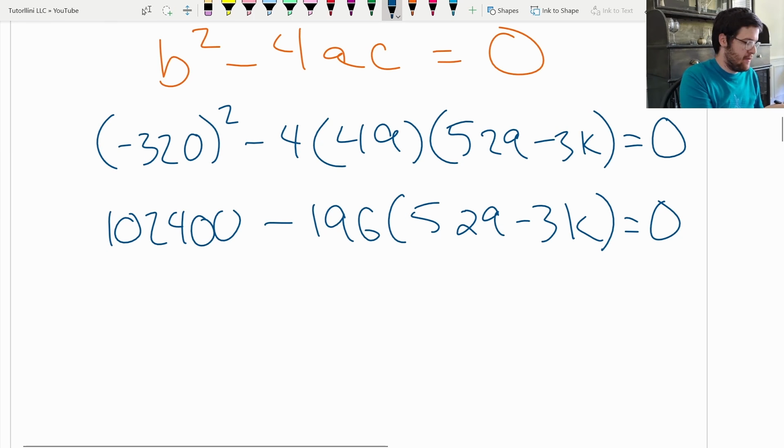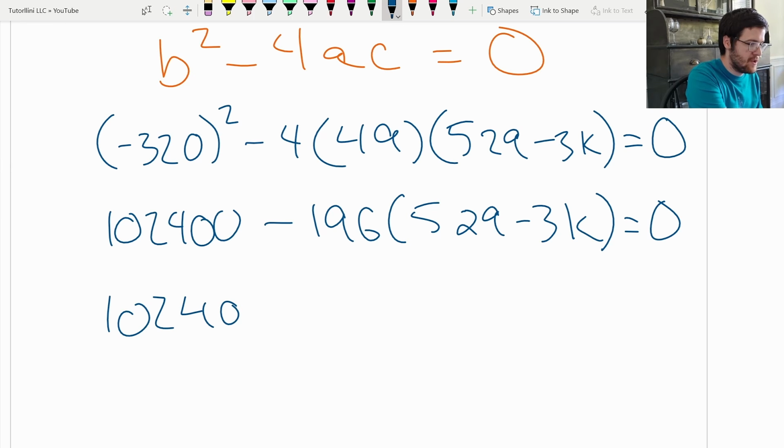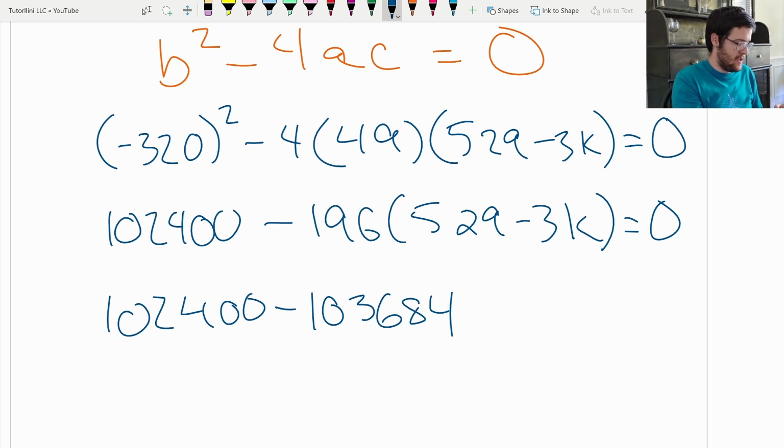And now I'm going to do negative 196 times 529 to distribute. Okay, so I get 102400 minus 103684, and then negative 196 times negative 3, so that's plus 588k